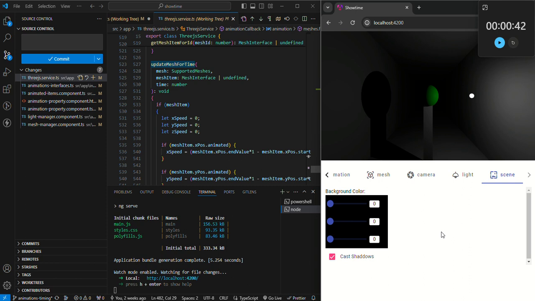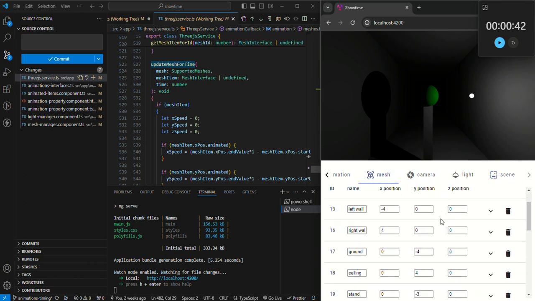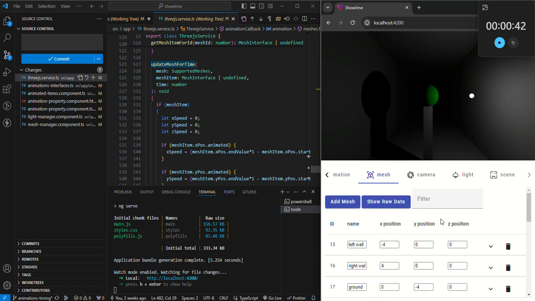And then that makes a lot of sense. And then kind of go through the whole cycle again, doing like a mesh thing, a light thing, a camera thing, a scene thing. See if all that goes nice and clean. If it does, then kind of go farther up the full stack and maybe add a whole new property. And I'm thinking the property that I'd want to add would be this